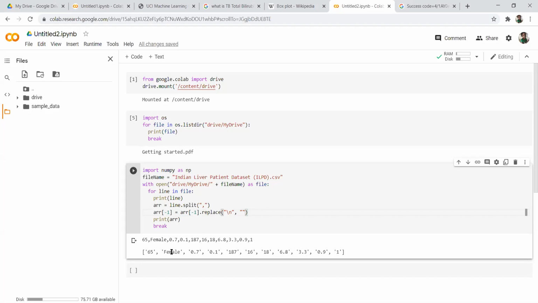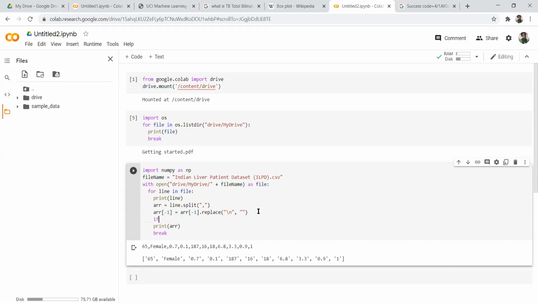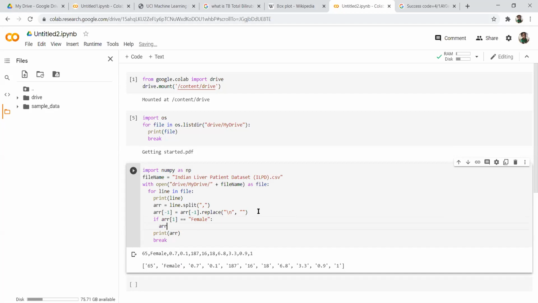I know female is at location 1, right? 0, 1. Python is a 0 based language, so the index is 1. What I can do is something like this. If ARR of 1 is double equal to female, I can replace ARR 1 by 1.